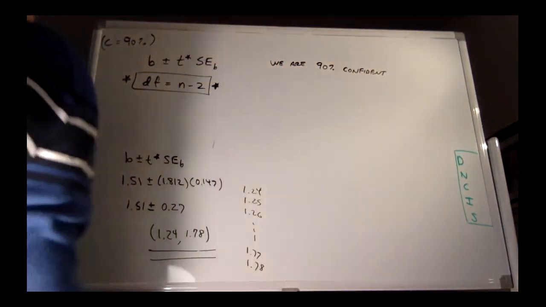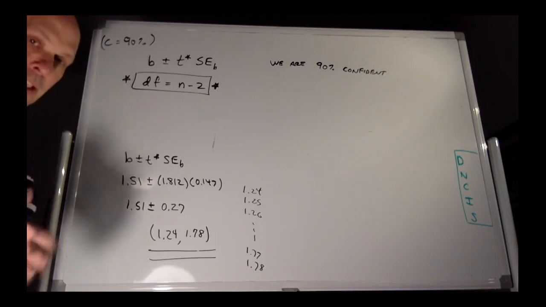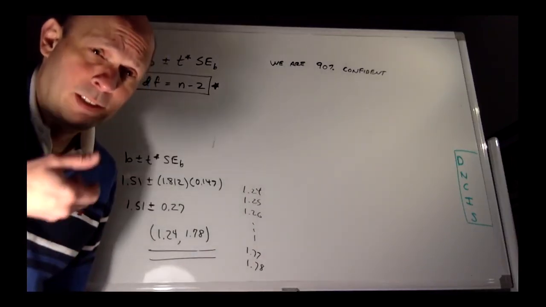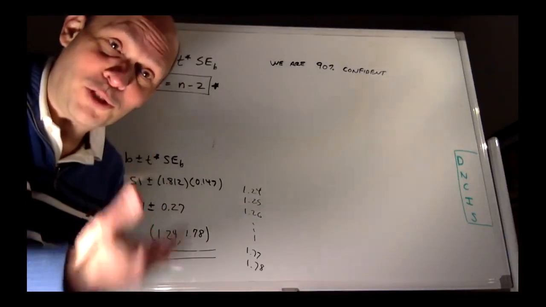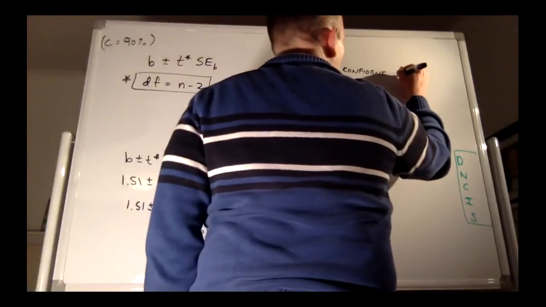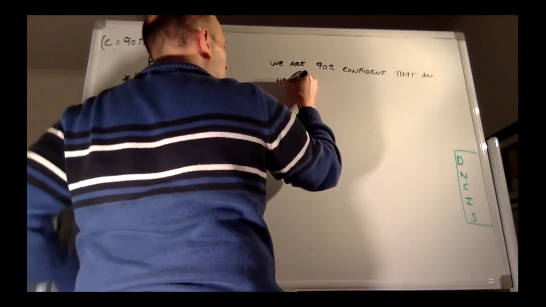And when we write this conclusion, instead of saying we're 90% confident that the true slope of the true regression line is between those numbers, let's see if we can incorporate the meaning of what slope really is. So really the slope is, for each additional shot taken, the predicted number of extra points you're going to get from that one additional shot. So let's write it in that reference frame. So we're going to say we are 90% confident that an NBA player's scoring